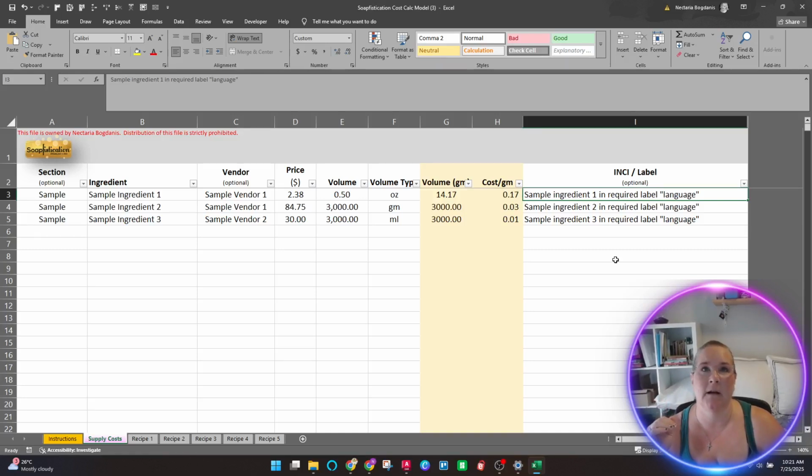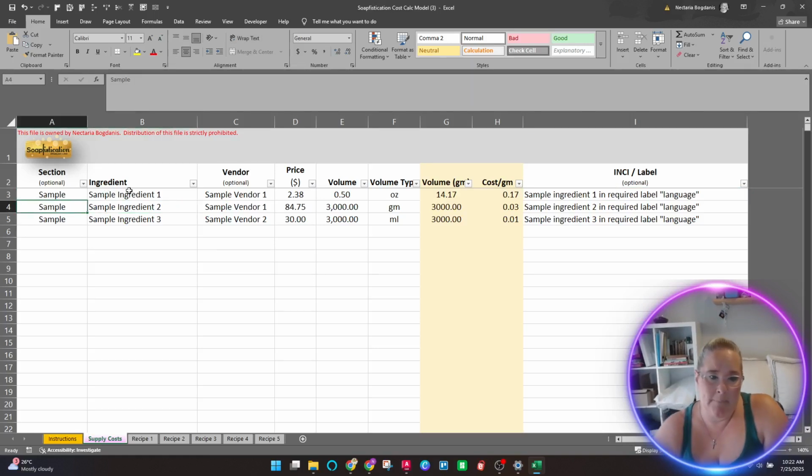If it's shea butter, it's like so barky blah blah blah. I don't even remember now what it's called, but I would put that inky name for shea butter over here so that when I'm ready to do my labels, I have all that information right in front of me. And I only had to do it once because we'll see how that comes into the other things.